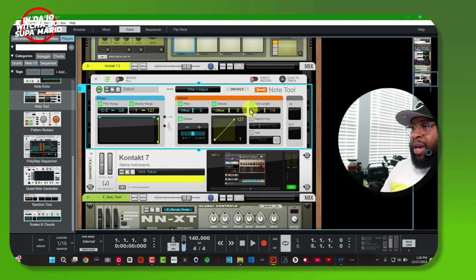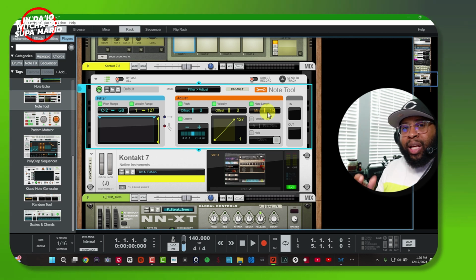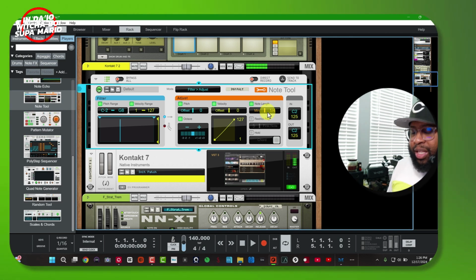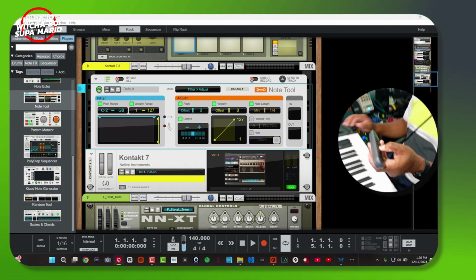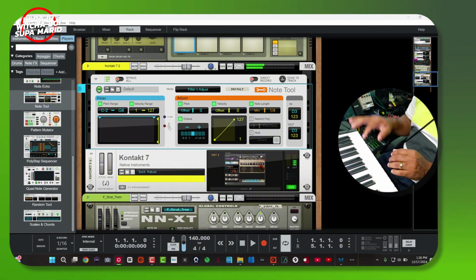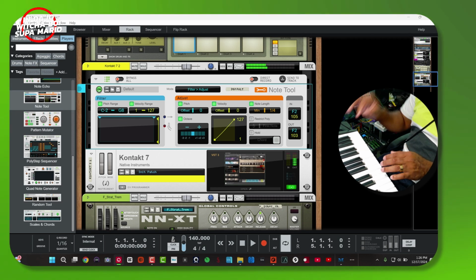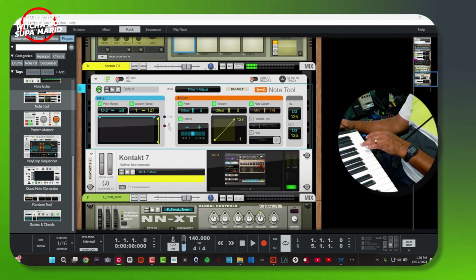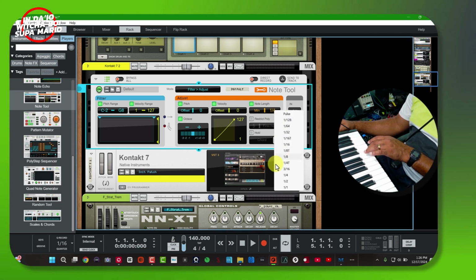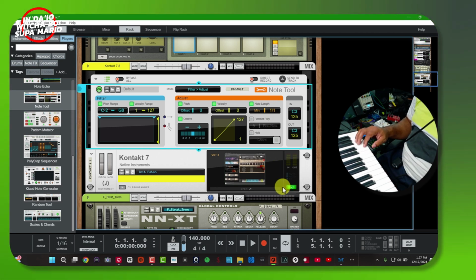So really, when you're playing, now you can play a quarter length note. So instead of holding it down every time you hit your finger down, I'm going to show you guys here, if I hit one of these buttons right here, it's playing it a quarter long. You see how I'm just tapping it real quick? Okay, so if I go all the way down to a whole measure,